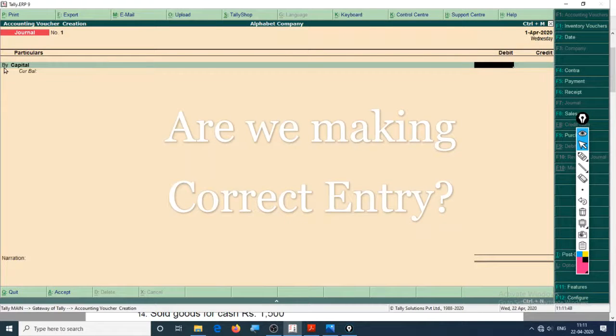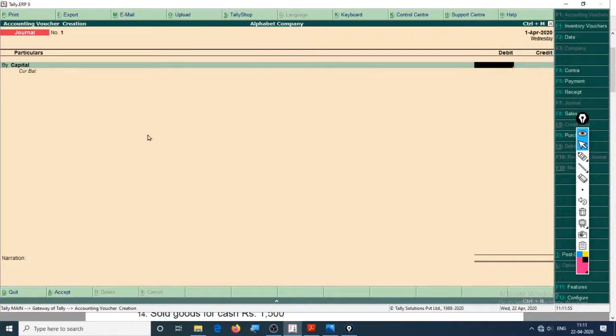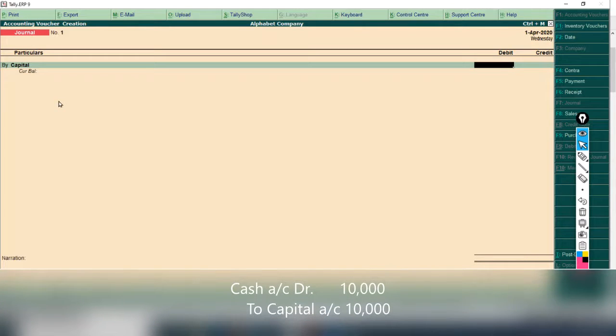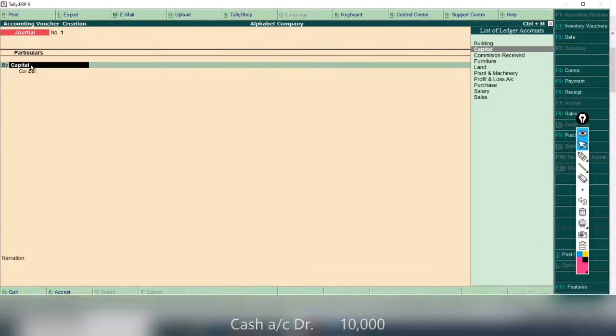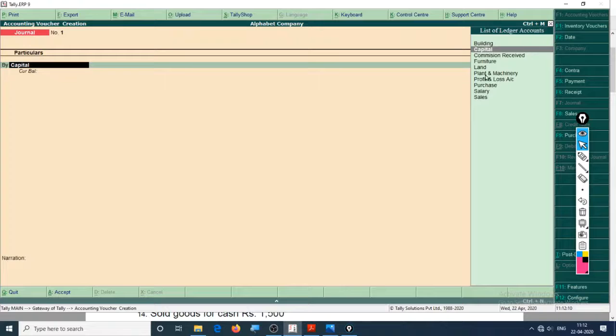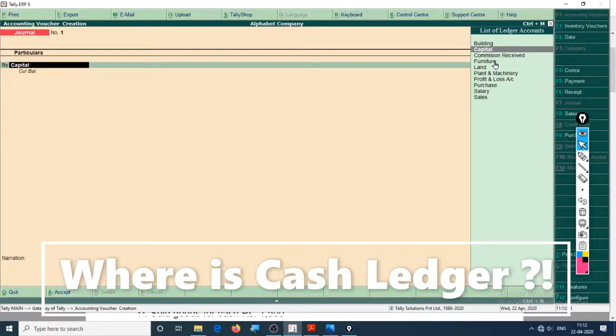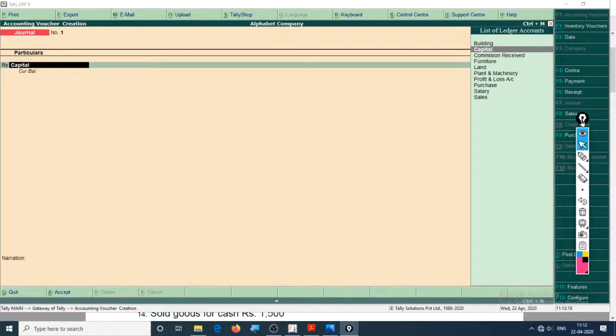As I said, here it is written buy, so you don't have to worry about buy because it will automatically put you into the debit entry. So cash came in, hence you want to debit what came in and credit what goes out because it is a real account. So I'll again go to this right here and click on where is cash. Okay, so I don't have cash with me right here, so I need to create a ledger known as cash, but it should be right here. I don't know why it is not here.